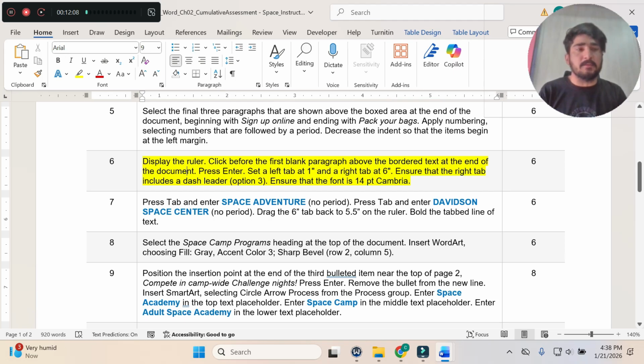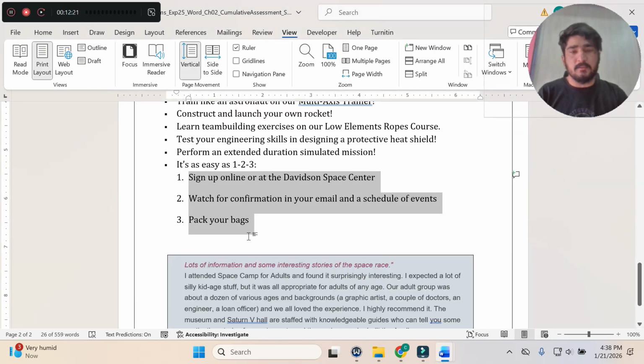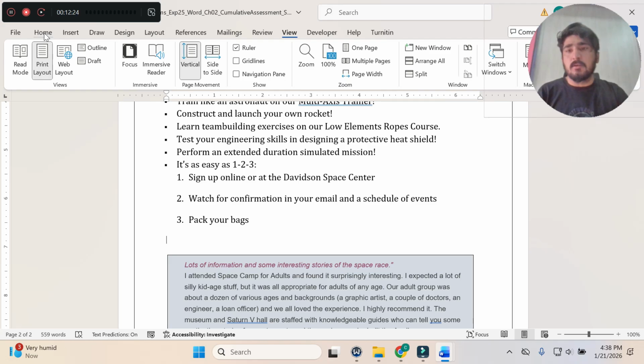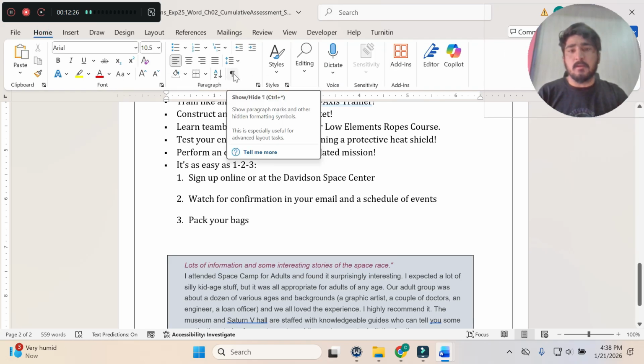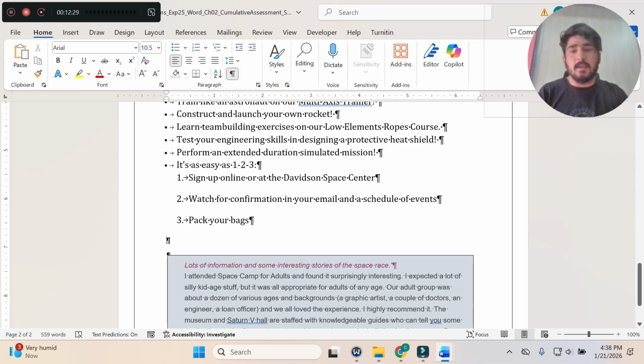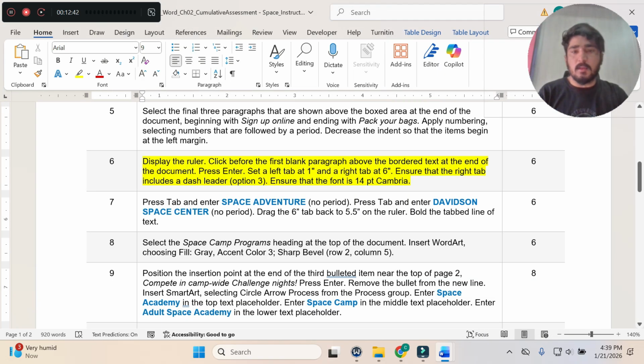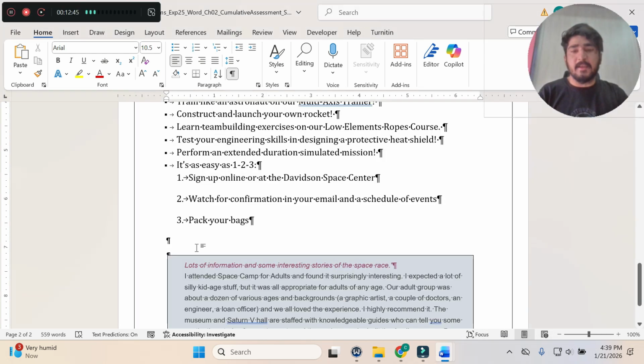So basically in step number 6, we will click before the first blank paragraph above the bordered text at the end of the document. So we will click, go down, yes, and we will click here. We will just go to the Home tab and turn on non-printing characters. Okay, and we will just click here at the end of the document and before the boxed area. After clicking here, we will press enter,